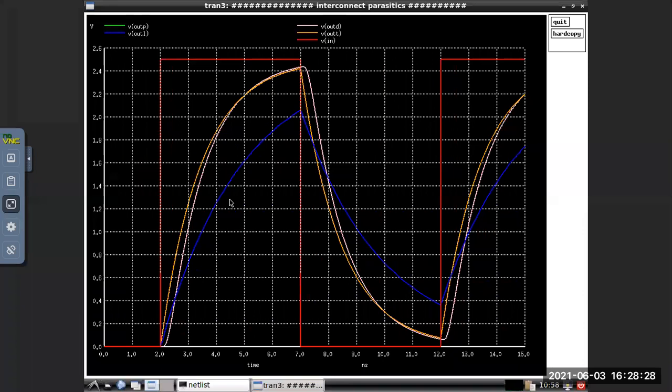And another thing I'll say, see this lumped model curve, it's not touching VDD. Can anyone explain why it is not touching VDD? Before touching VDD, it is again discharged to a lower level, and again starting. Can anybody explain this? Yes, sir. Why is it not touching VDD?